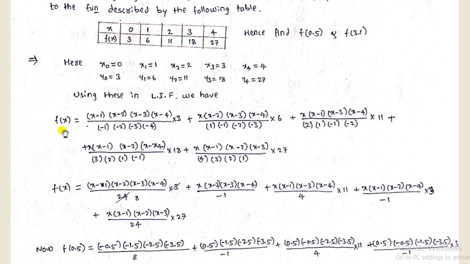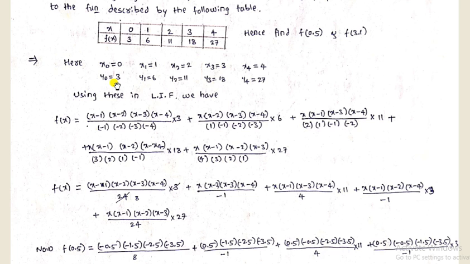So f of x equals, first term is (x minus x1), x1 value is 1, (x minus x2), x2 value is 2, (x minus x3), x3 value is 3, (x minus x4), x4 is 4. Now use the x0 value, that is 0: (0 minus 1)(0 minus 2)(0 minus 3)(0 minus 4)